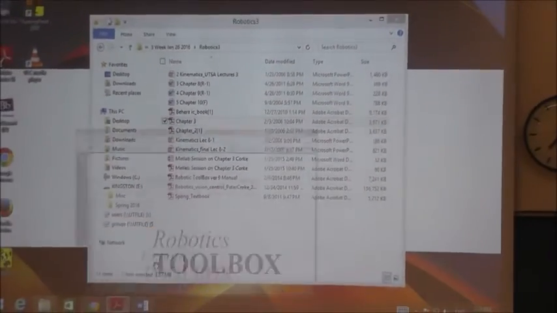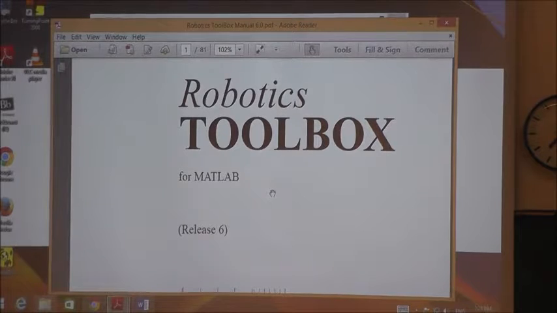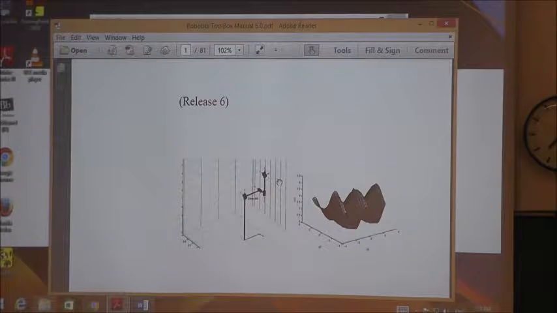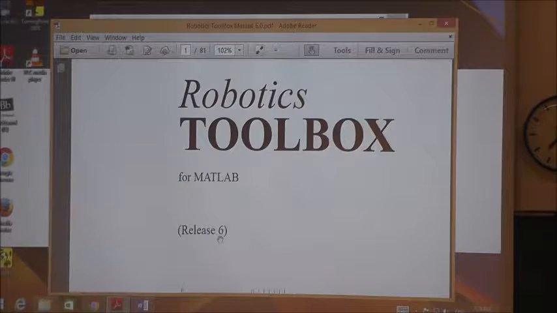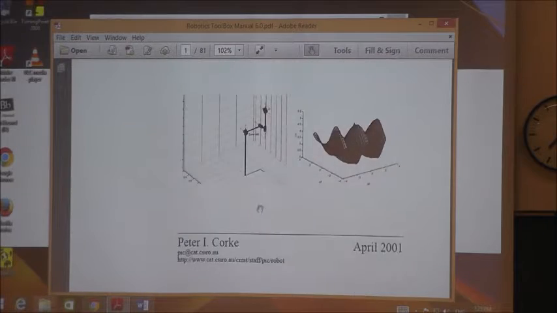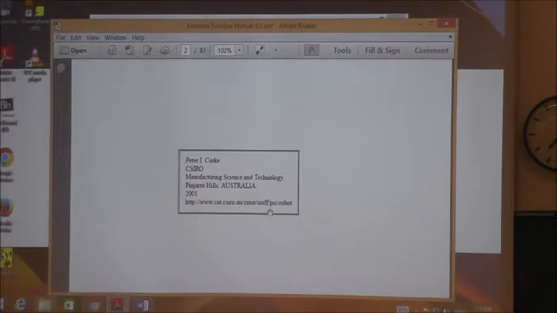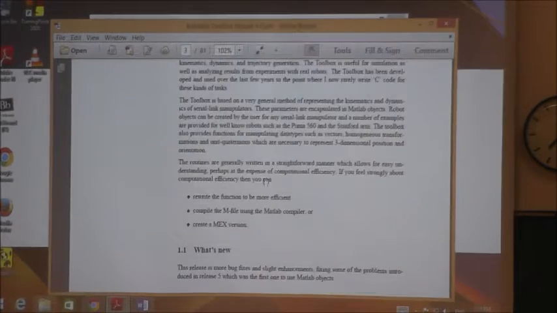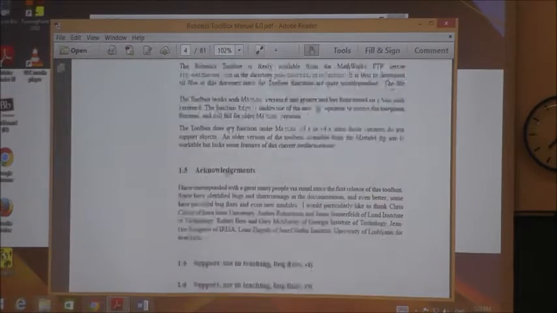Now, the toolbox that Brad will describe. This is release number 6, which is an old one. Now it's what, 9.9? You need to have the manual for 9.9. So download it from the website. And it actually gives you